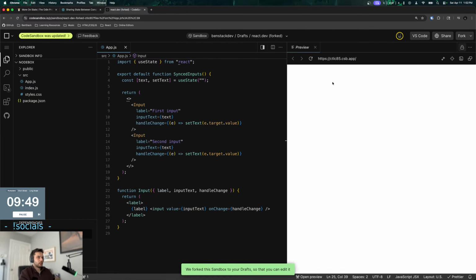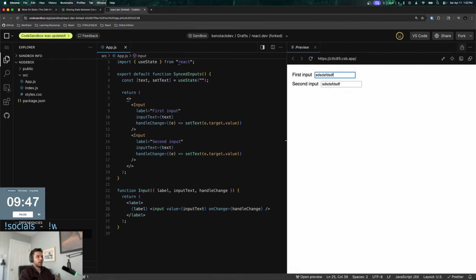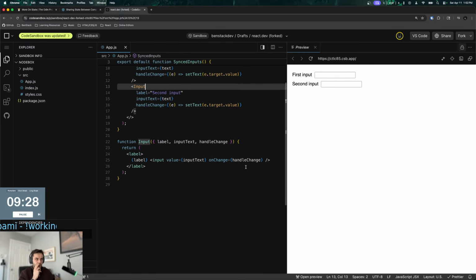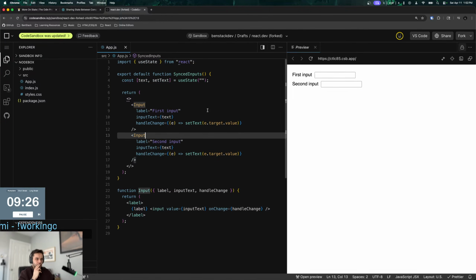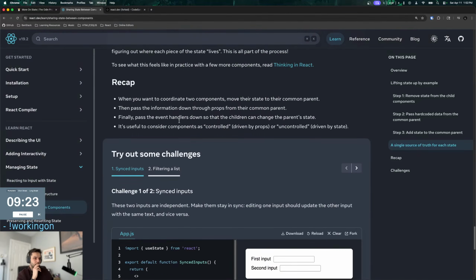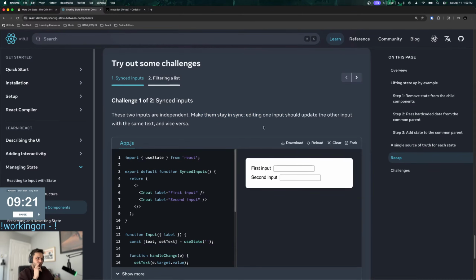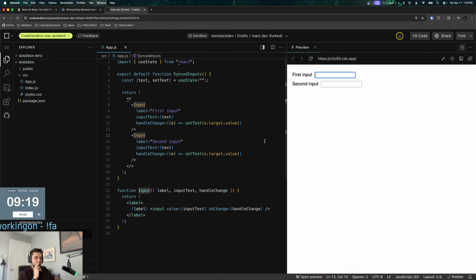All right, I think that's it, right? And then if I change the second one, yeah, nice. Cool. I don't think there's anything else for this one. Editing one input should update the other input. Yeah, okay. So that works.